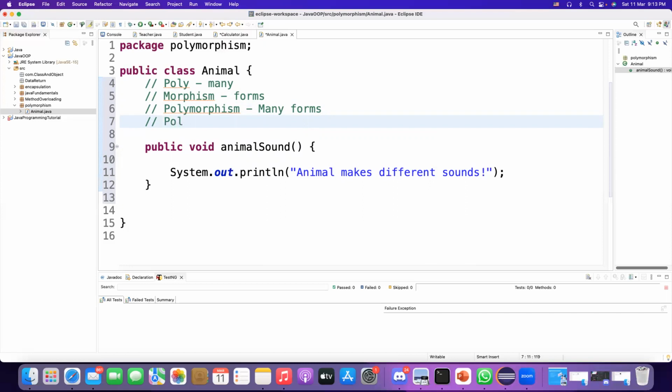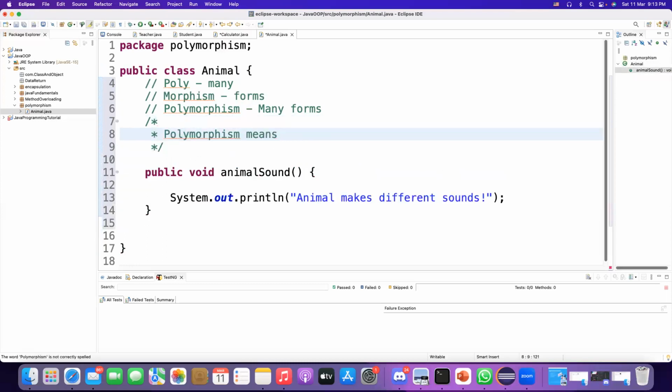So polymorphism means, let me make it a multi-line comment. Many forms, and